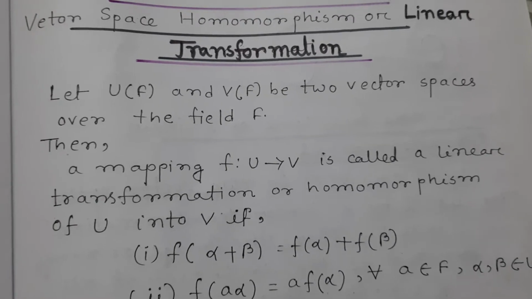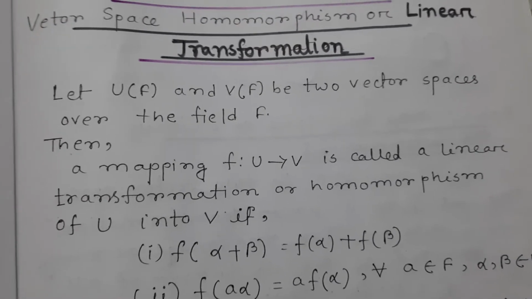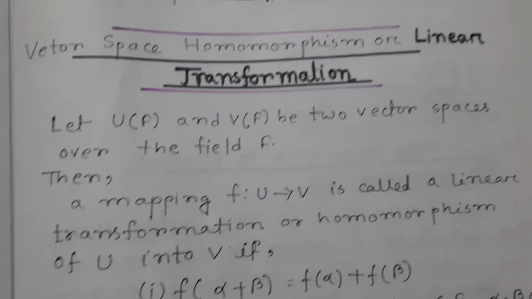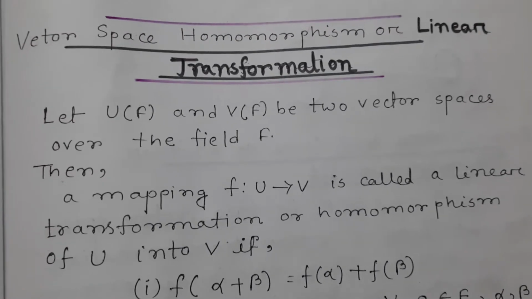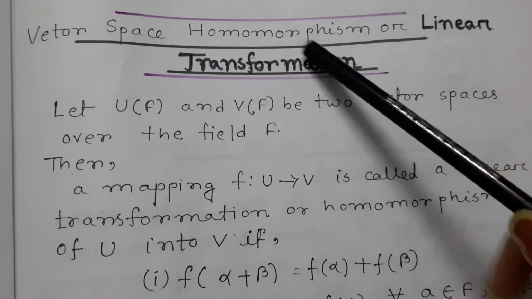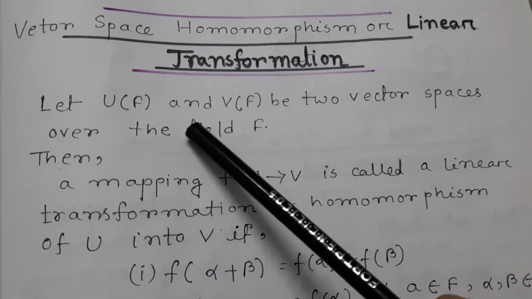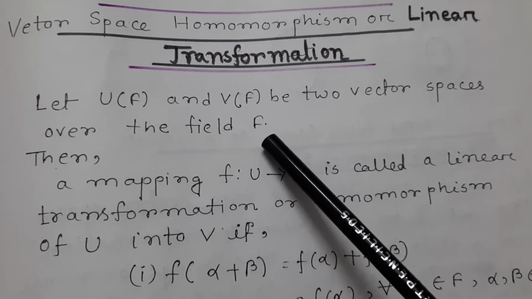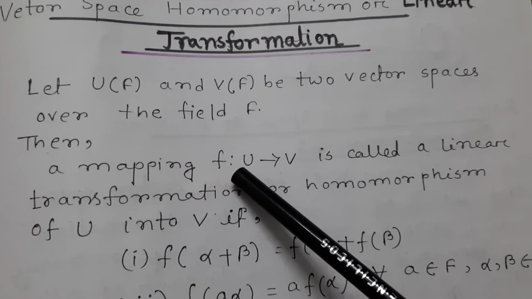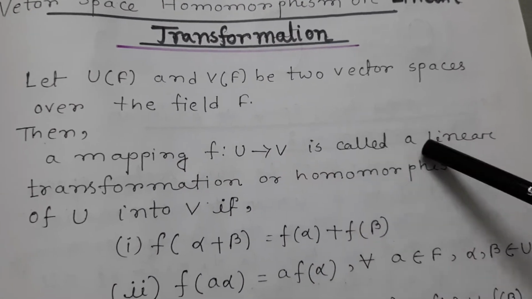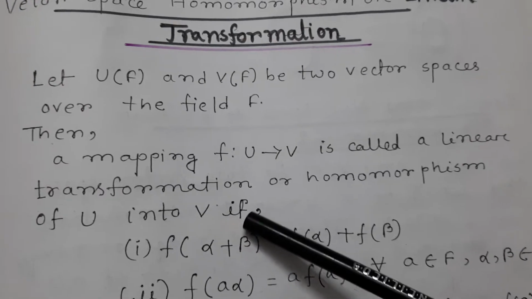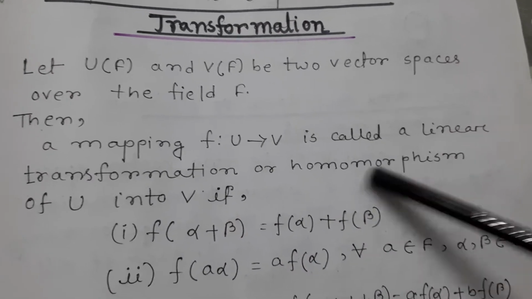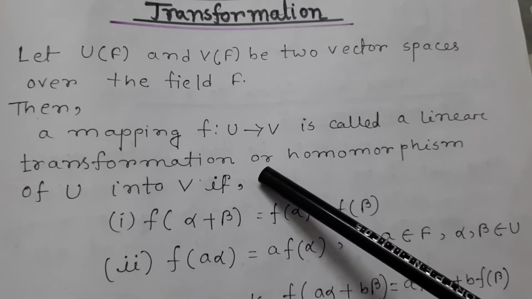Today I will discuss linear transformation. Another name for linear transformation is vector space homomorphism. Let U(F) and V(F) be two vector spaces over the field F. Then a mapping f from U to V is called a linear transformation or homomorphism of U into V if these